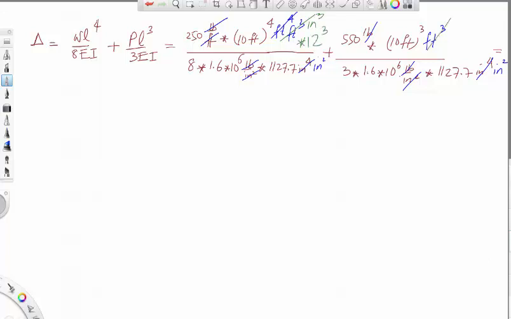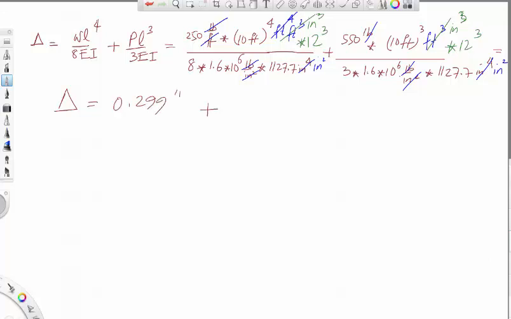And I need to convert this into inch cube too, so I multiply by 12 to the power of 3. You should do this to be able to get the right answers. And if you do these numbers, then this will be equal to